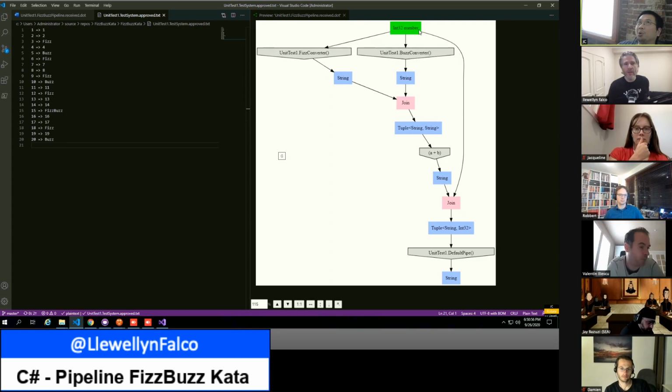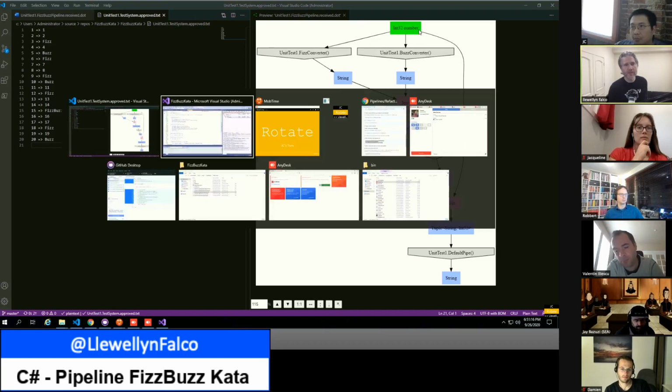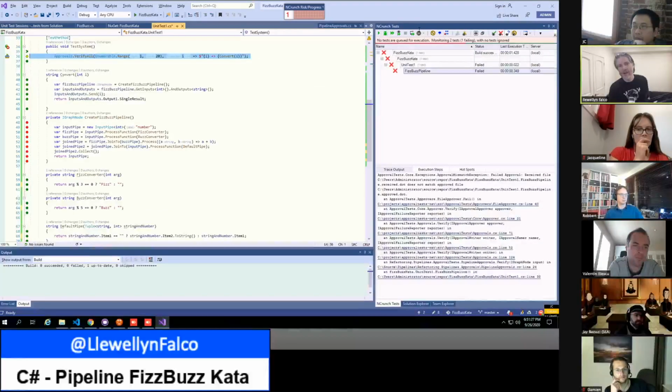But what approval test is really doing, can we go back to that line of code? On line 36, it's saying take the numbers from 1 to 20 and run them through this function, which puts them into the string. Then serialize that into a file and make sure it matches what you said matches before.